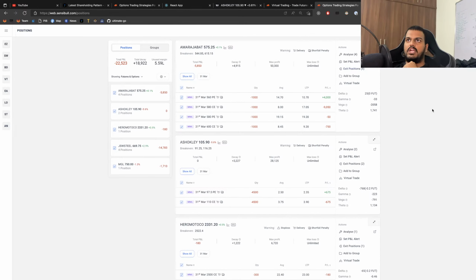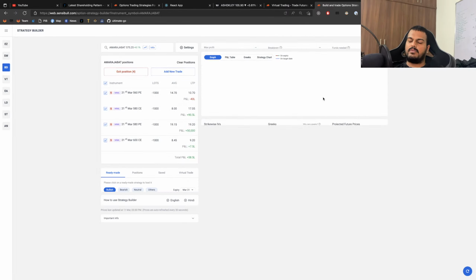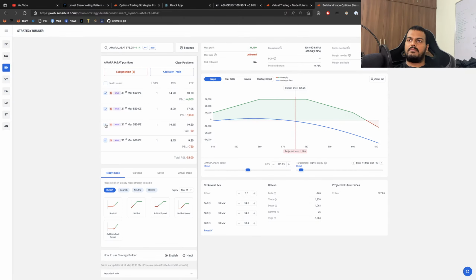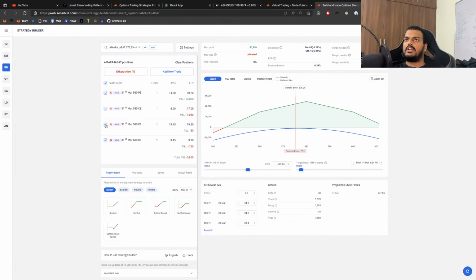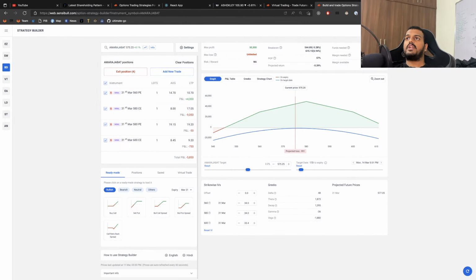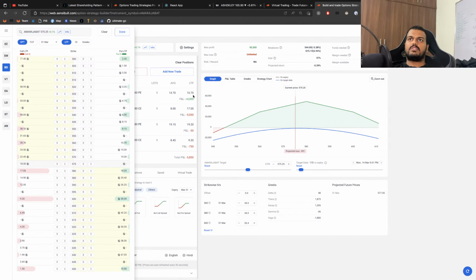planning and what I shared in the group was this one, that I might most probably exit this one with some losses, and then I'll continue this move. This will basically give a good advantage of the overall price which I am holding right now. And if you see if it is at 50, if I exit this, what I'll do is something like this. It's not clear in this way, and if you are seeing the IVs are not so good that they will deplete, so I won't have any IV game.